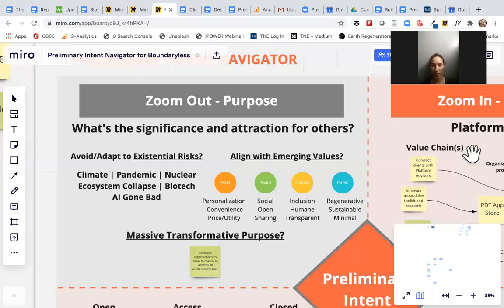And it's been shown that organizations that have a clear, concise, massive, transformative purpose are more successful. So just asking participants to think about those things and then turn it into a statement around what is the purpose that they're driving towards. So here we just have one sticky note, but it could be a little bit like the vision canvas where people are brainstorming and then you try to come to consensus or work towards a few that you think are potentials to focus on.